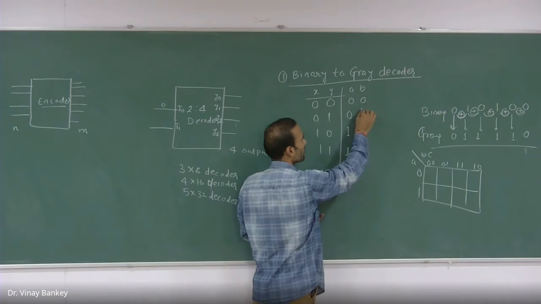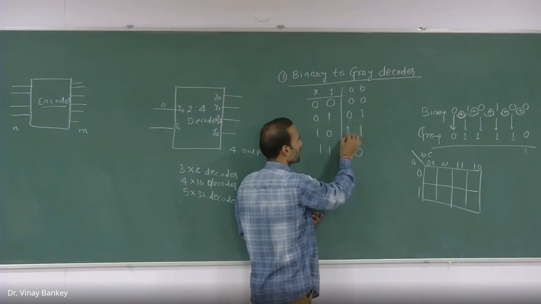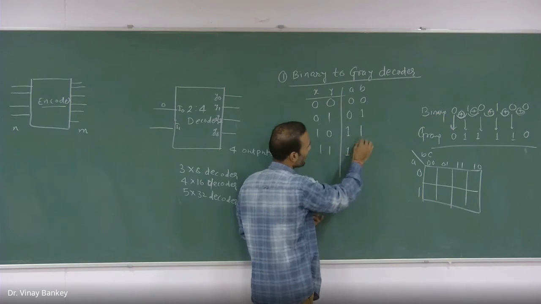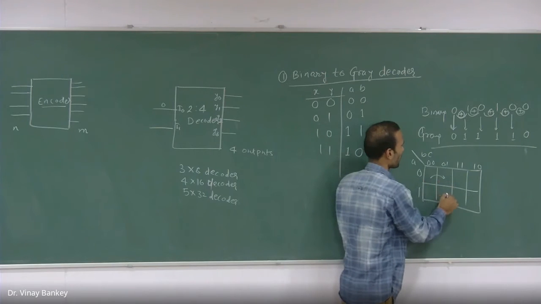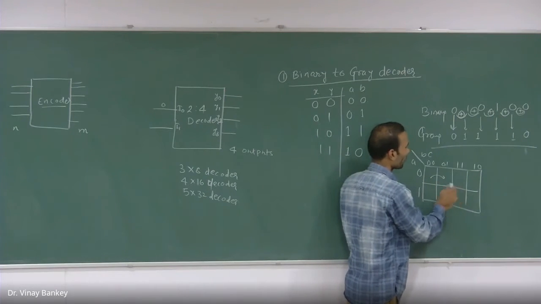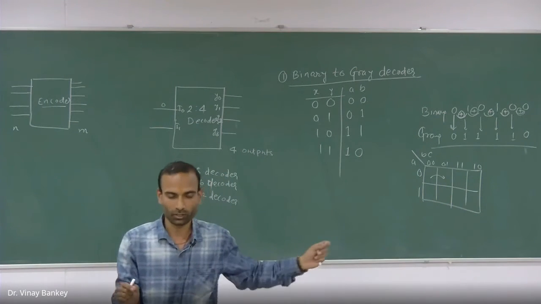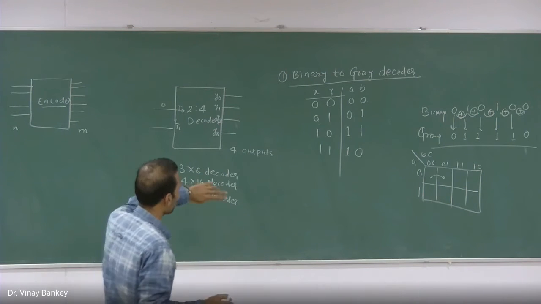Here this bit is changing. Here LSB is the same, while the MSB has changed. Here MSB is similar and the LSB has changed. That's why whenever you move from one cell to another cell anywhere in this K-map, you will be shifting only one cell. Oh, sorry, 1 bit. That's why we use this gray code. So this is a simple way.